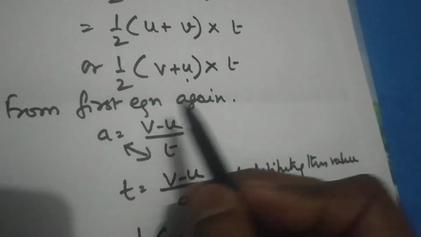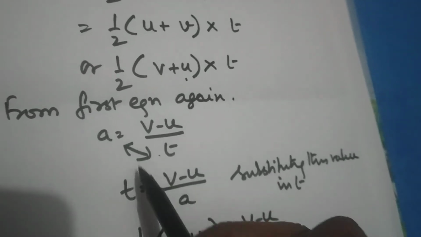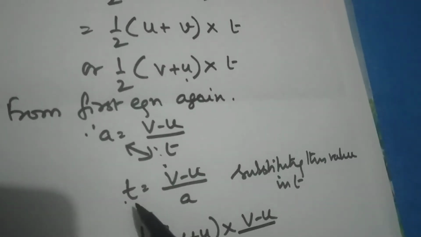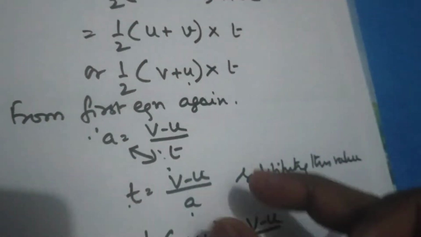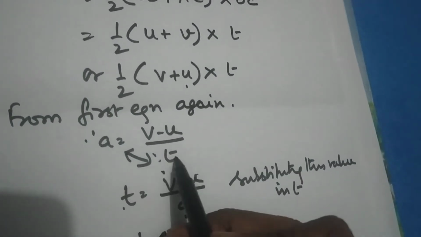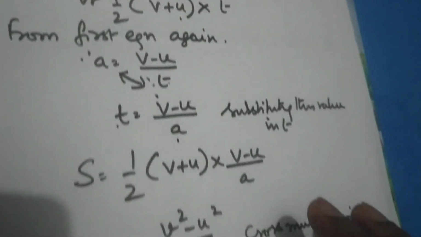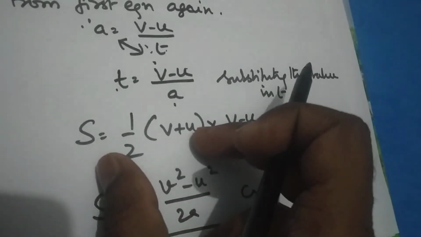So again using the equation number 1, A is equal to V minus U upon T, cross multiplying, you can say we are just exchanging them. T is equal to V minus U upon A. We have to take A to the other side. So you get T is equal to V minus U by A. This value we will pick up and put here. Up to here, applying the first equation, we have to exchange A and T. T is V minus U upon A, and then that has to be put over here, and as soon as we put the value over here, in place of T we put this, everything else as it is.